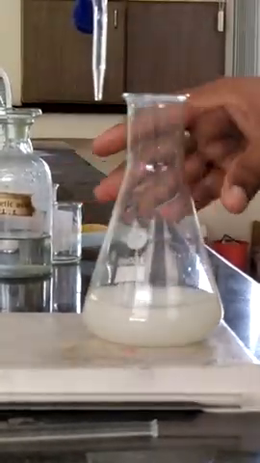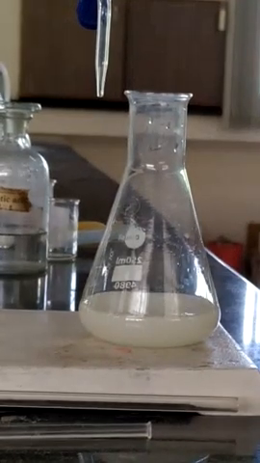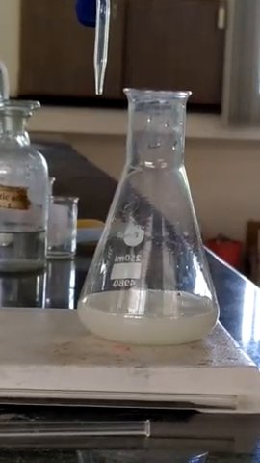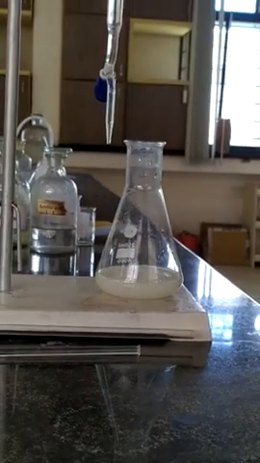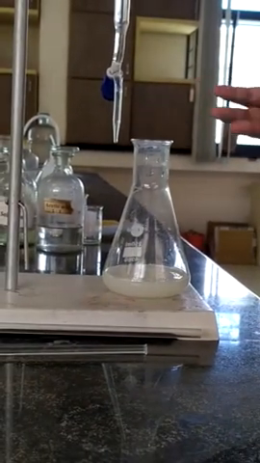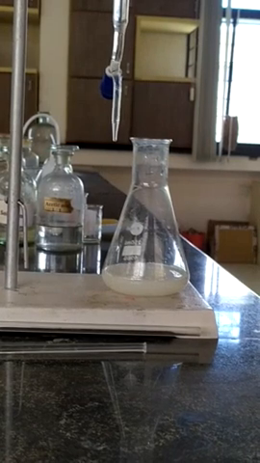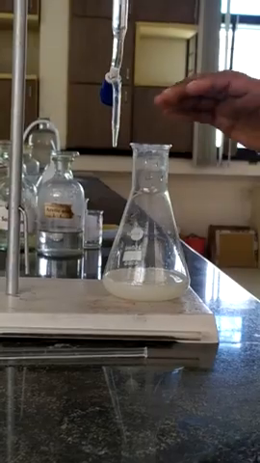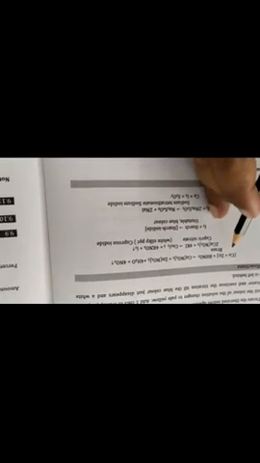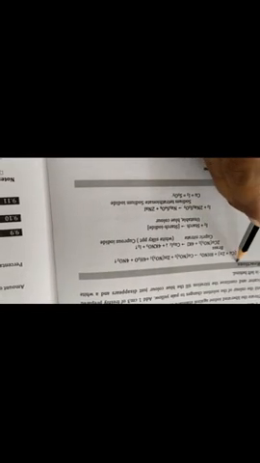Wait for 1 or 2 seconds and see whether the violet blue color reappears or not. If it does not reappear, consider that burette reading as the end point. Then you have to go for another 2 titrations and note down the mean reading. That is the titration part; now we go for the reaction.